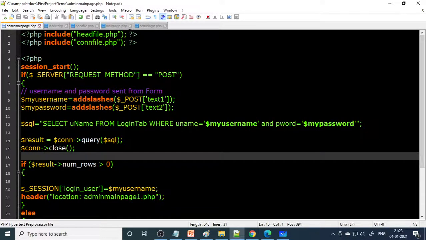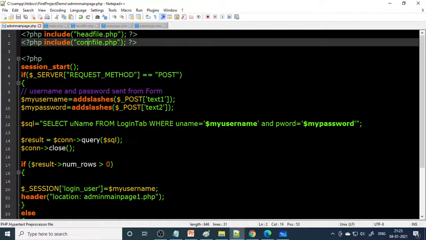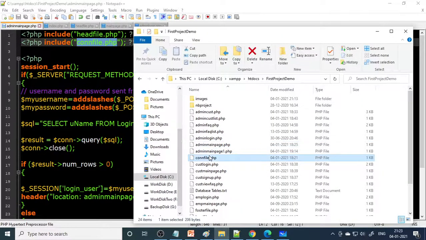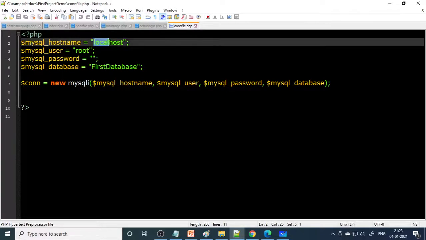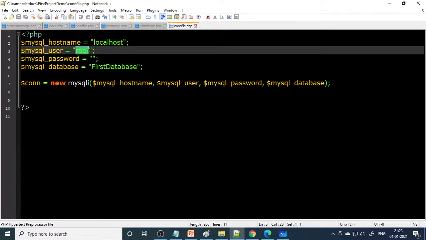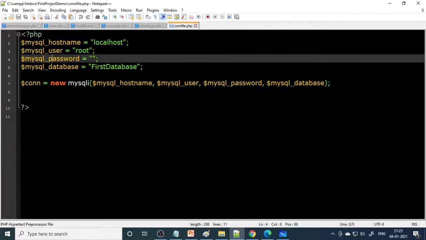This is very important, add file.php, this is common. Now you're using one more file called the connection file.php. This connection file is to connect to MySQL or MariaDB. I'll show you that file first. So here is the connection file. In the connection file, we have four variables. MySQL host, this is localhost, that means you are running from the same system. If you are running from a server with a static IP address, you need to give the static IP address here. And username, root; by default the username is root. By default there is no password, therefore we are not using the password here.